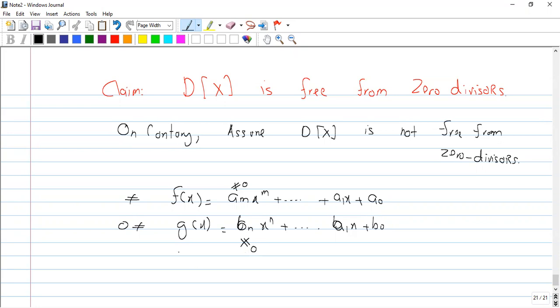Okay, since both are non zero polynomials and their product is equal to, इनका प्रोडक्ट किसके बराबर आ गया, जीरो के बराबर आ गया। अब जैसे आप इनका प्रोडक्ट कंप्यूट करने की कोशिश करेंगे,